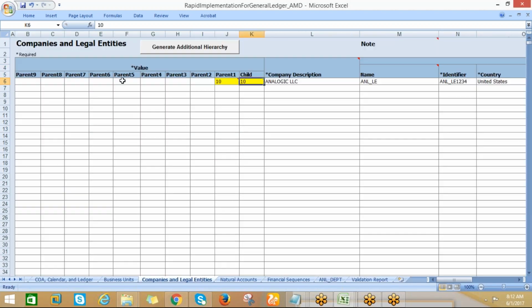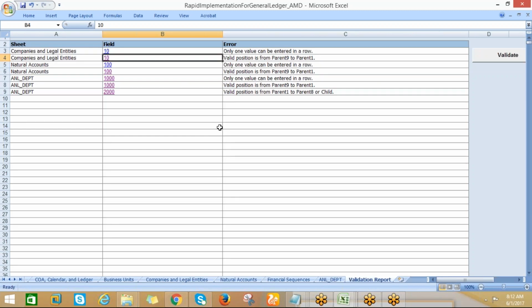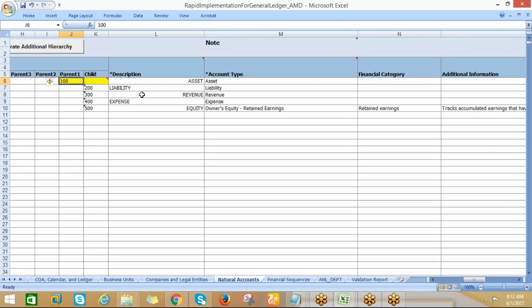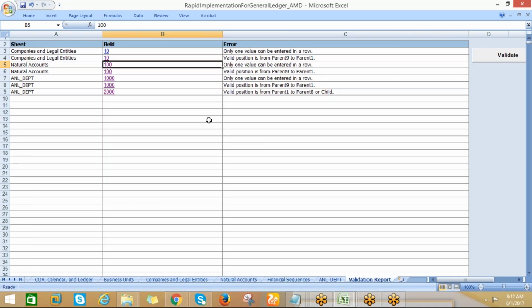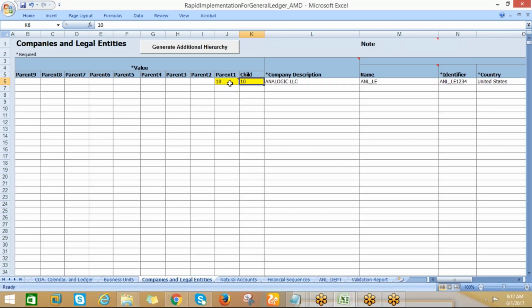And this one also has a valid position. So this one is not companies, it's natural accounts. So 100 and 10. So there should be only one, I think. So there should be only one. I don't want to give the child here. Okay, so then let me